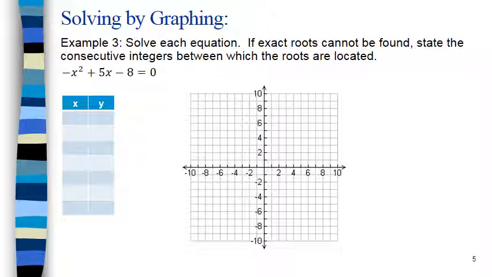Let's try graphing this one. If we want to always start with the axis of symmetry, we're going to start with negative b over 2a, so negative 5 over 2 times negative 1 is negative 2, so that's 2.5. So if we graph the axis of symmetry at 2.5 here,